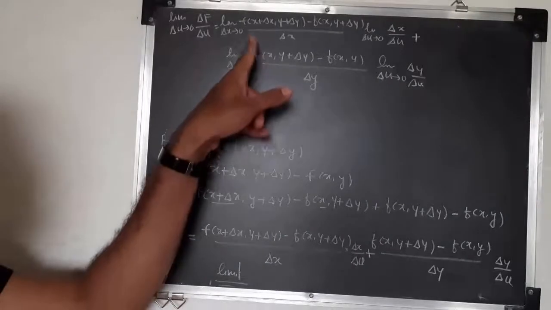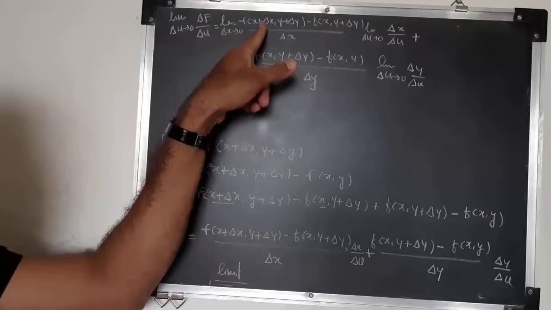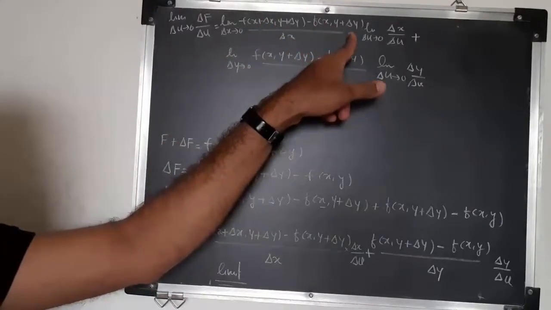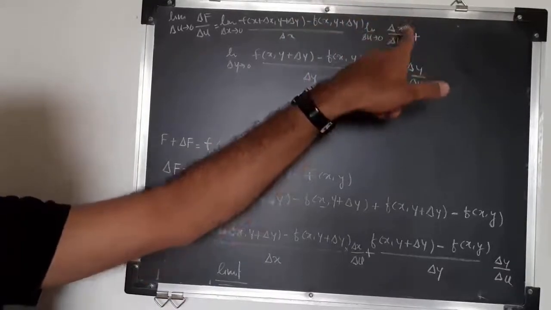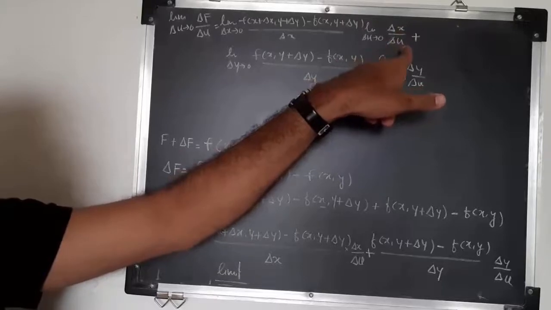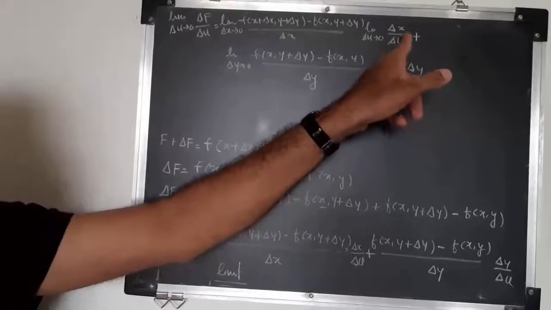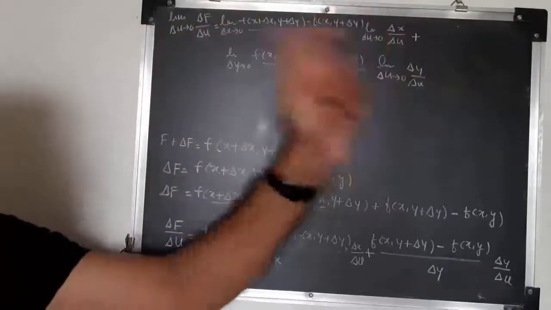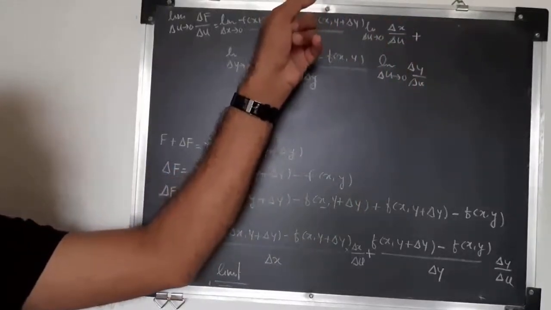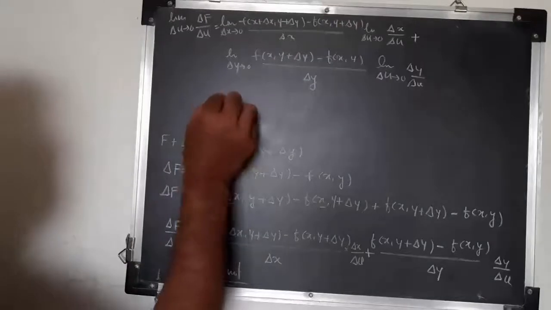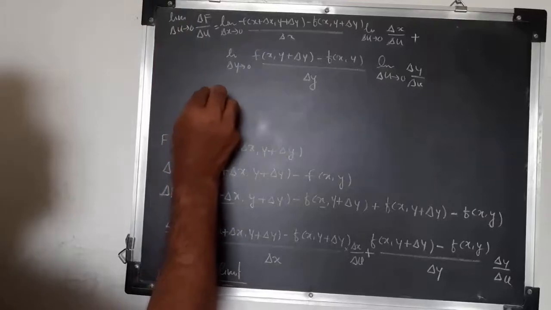Now please remember, this is nothing but partial differentiation with respect to x where y is constant. Now this x is a function of u, a single variable, so we can write it as delta u tends to 0, delta x becomes dx and delta u becomes du. Because this depends on a single variable, the partial function is there. As you know the definition, f is again a function of the single variable u, so this is df